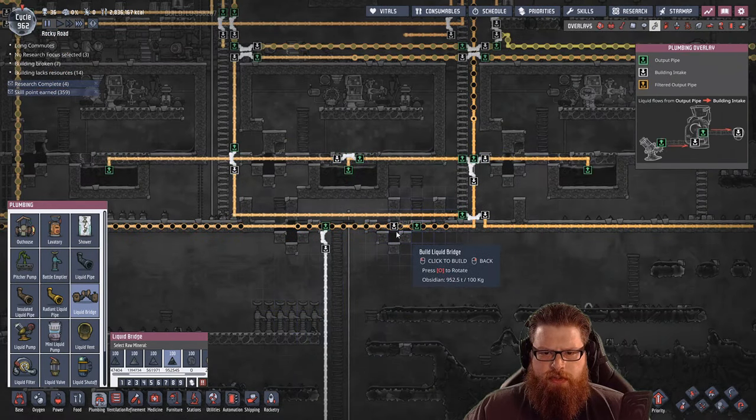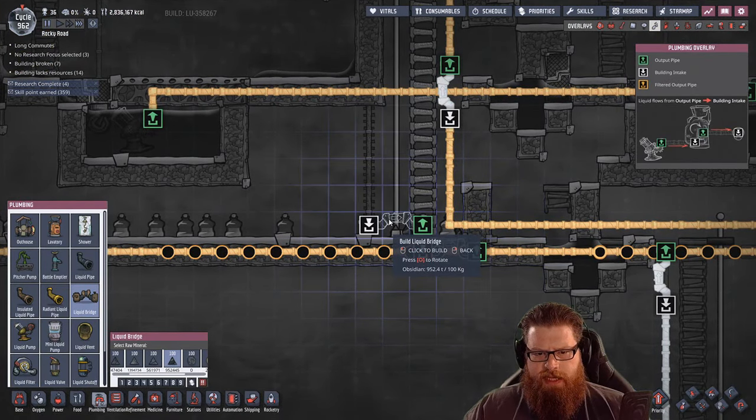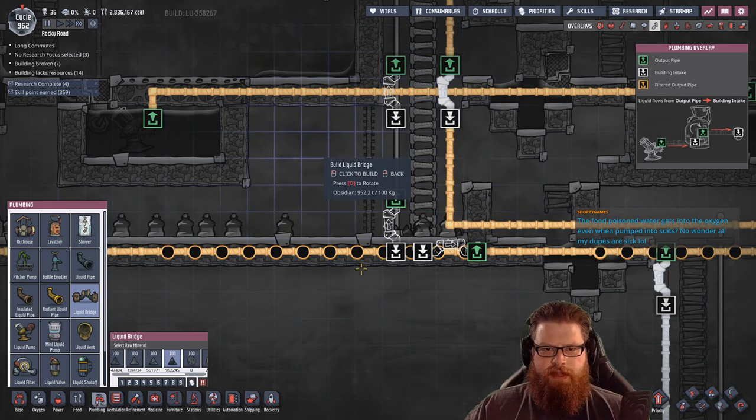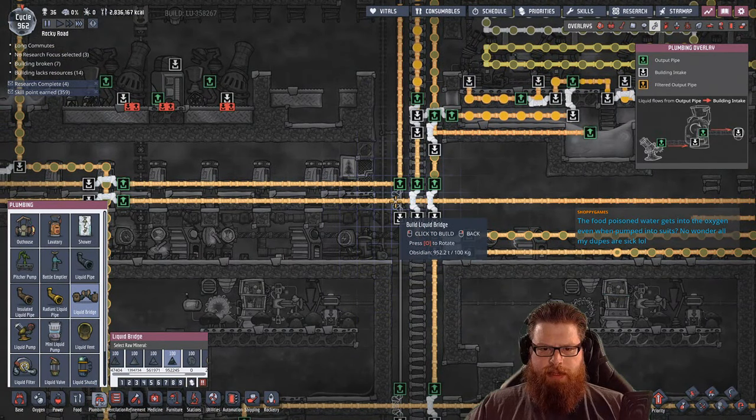That's going to have no more oil. I'll put a bridge here just to be safe in case I do pump into it later. We want to do that, and then we want to do that. So it bridges up here first. We'll bridge over there. And then...